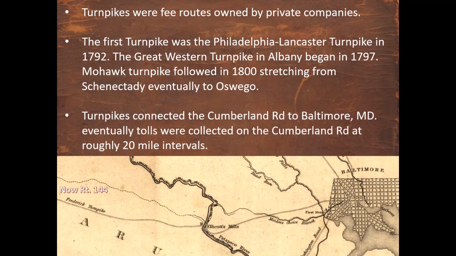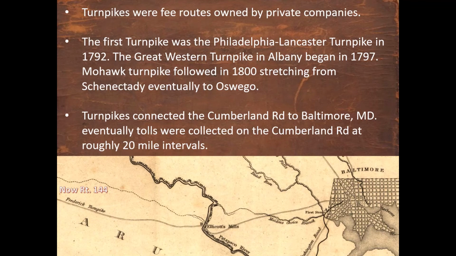So the Cumberland Road, what we know of, as I mentioned, the Warrior's Path, when I talk about passing through the Cumberland Gap, that southern route to get into Kentucky and Tennessee, that was originally a turnpike that went between Cumberland and Baltimore, Maryland. So where Cumberland Road comes into Cumberland, that turnpike ran from Cumberland into Baltimore, and people were tolled roughly every